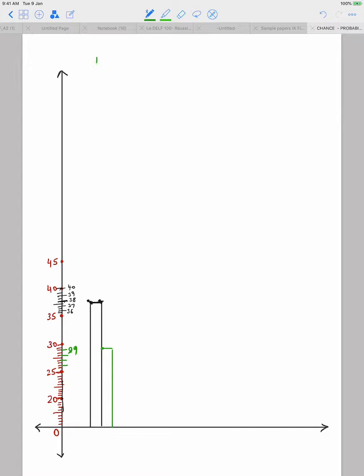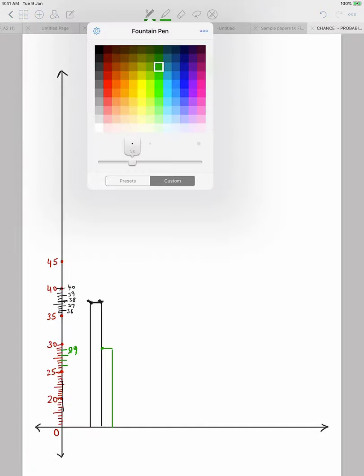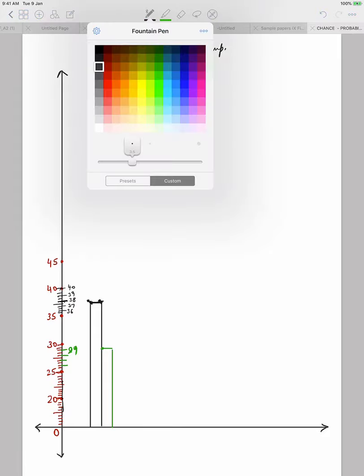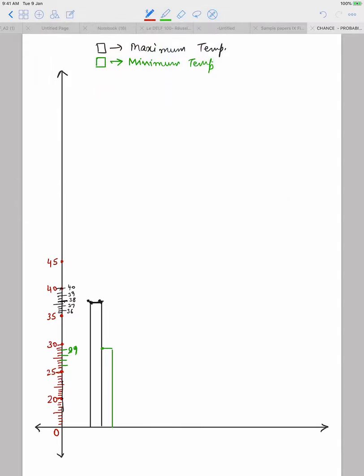So I can write it at the top here by a green symbol, green color. I can show this is showing the minimum temperature, and we had shown the maximum temperature by a black color. So this is showing the maximum temperature. Alright. Okay, and this is for Ahmedabad. So what will I write? I will write Ahmedabad here. This is Ahmedabad.